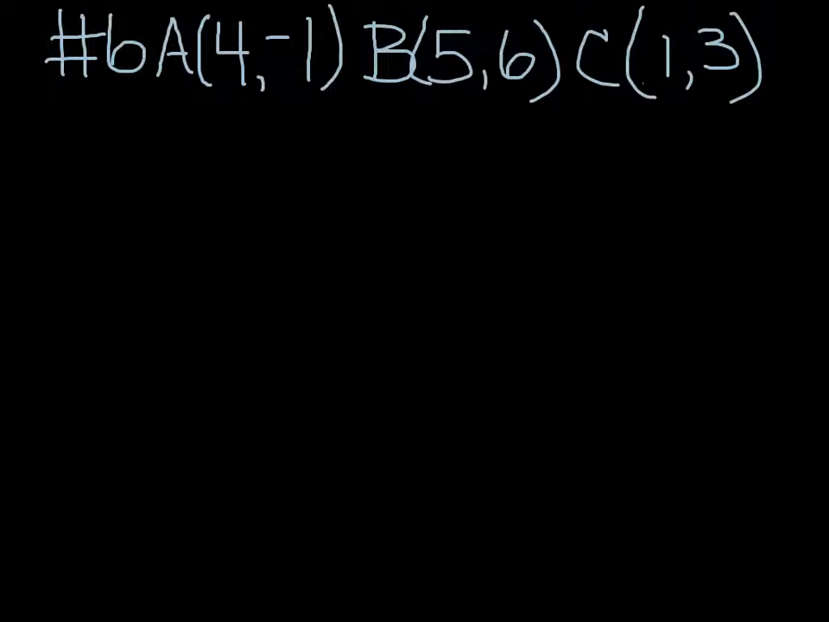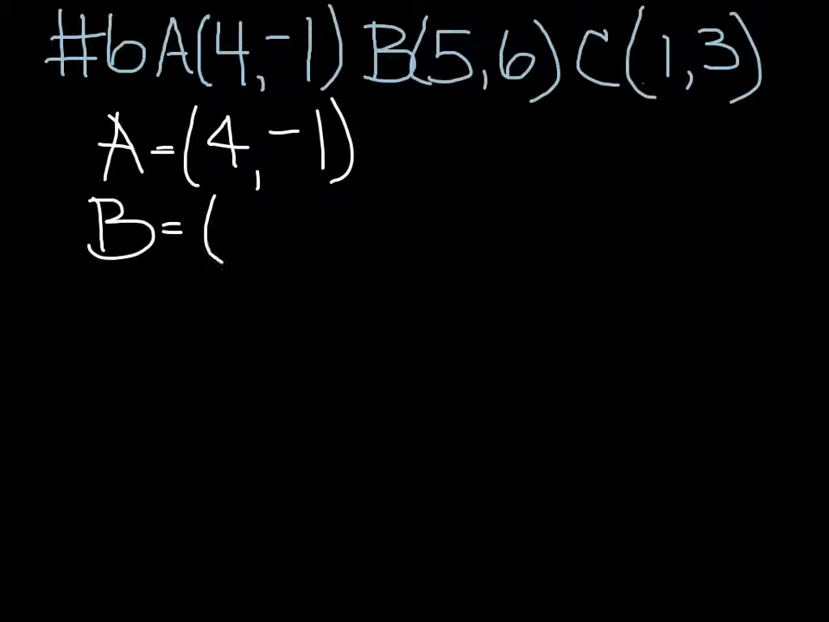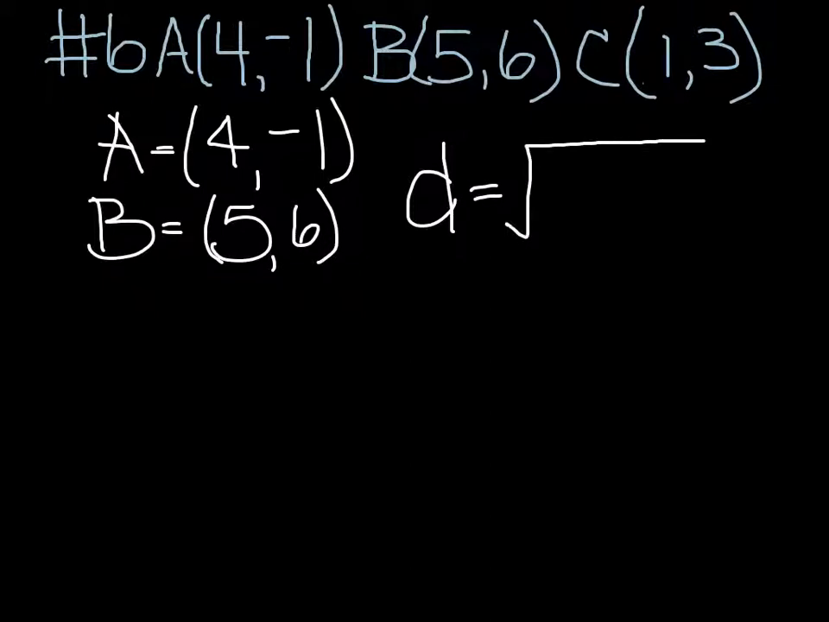So first we're going to start off with AB. So here's A, and we know that A is (4, -1). And then you have B, and you know that B is (5, 6) on the coordinate plane. So now you do the distance formula, which is distance equals the square root,